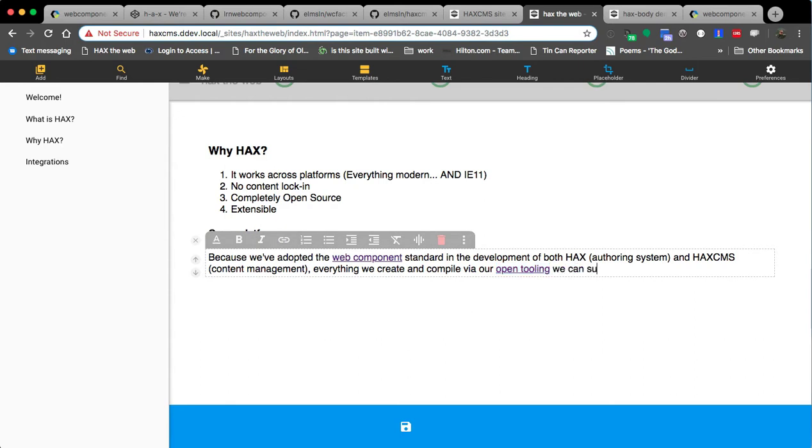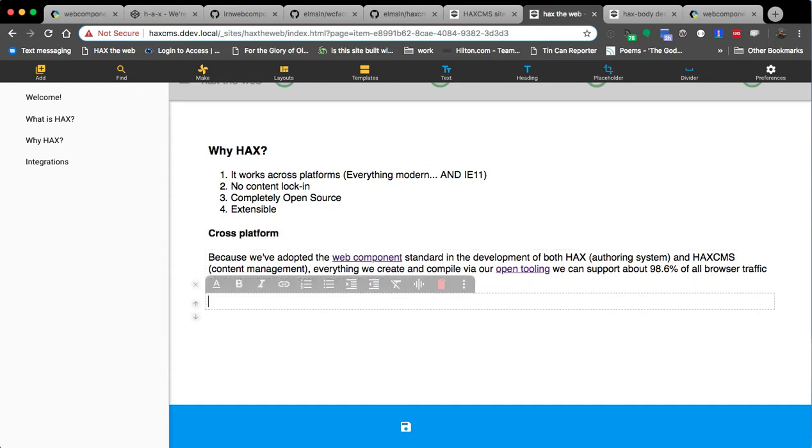We can support about 98.6% of all browser traffic globally without any server-side rendering. And so that's a point of contention, certainly in the component community, is around that aspect,